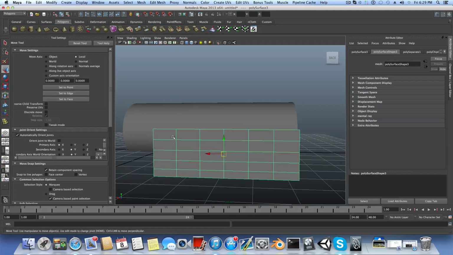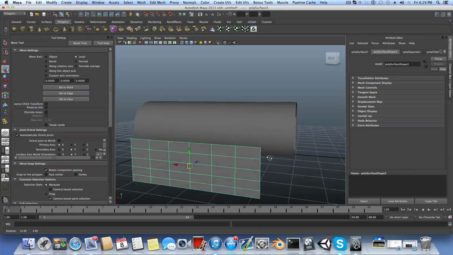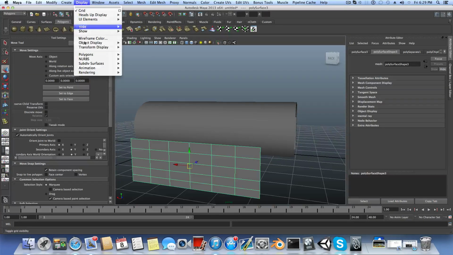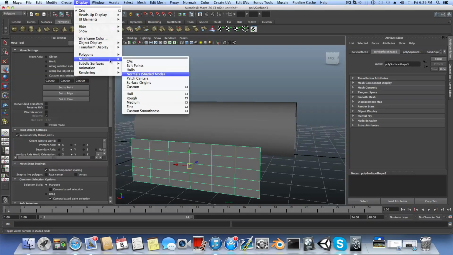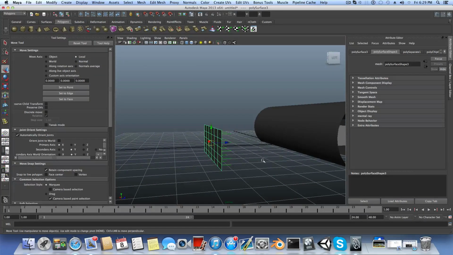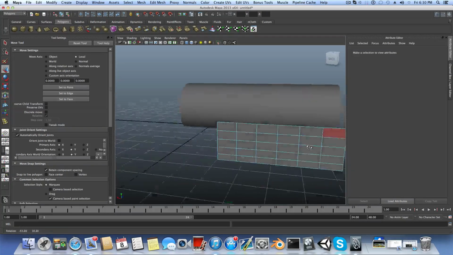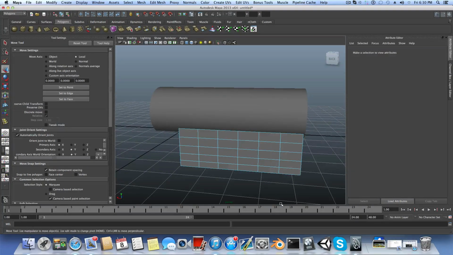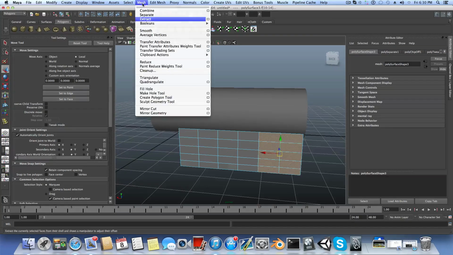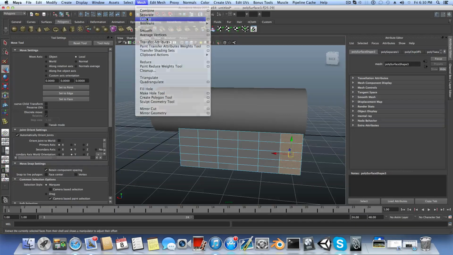So first we will display the normals for them, which is very important in this case. All the normals are pointing outside, and now I want to grab these. Choose mesh, no, only those, sorry, those, mesh extract,